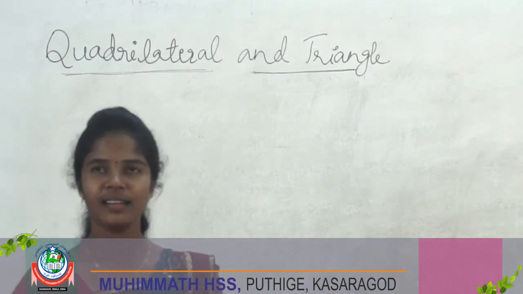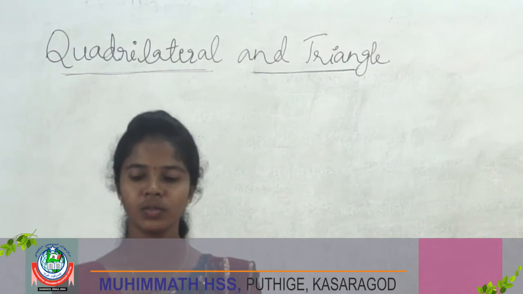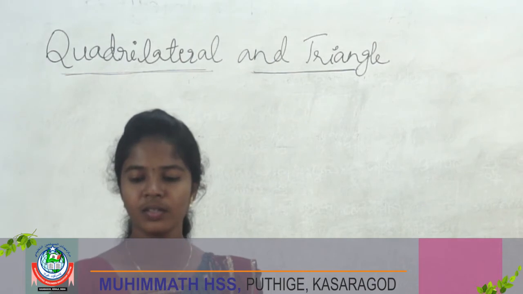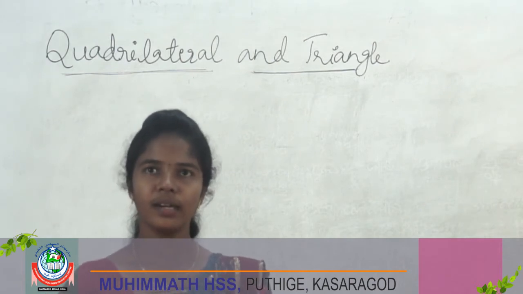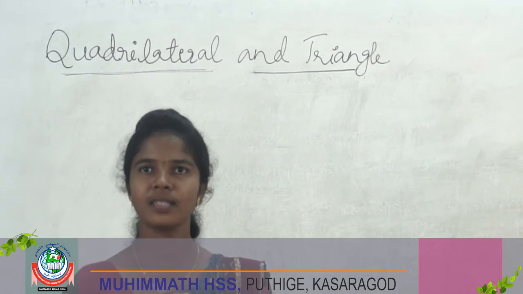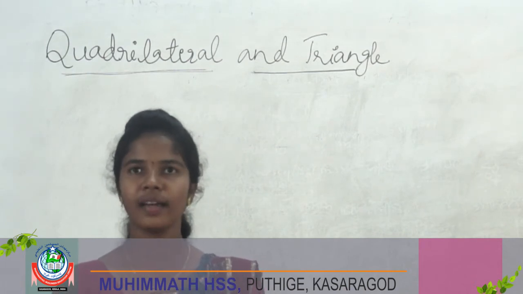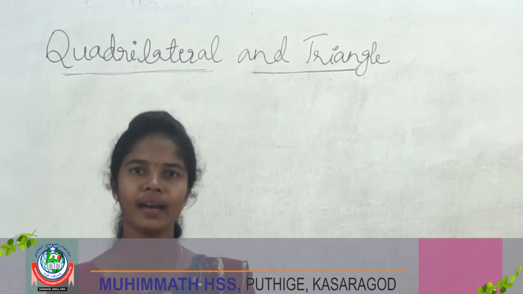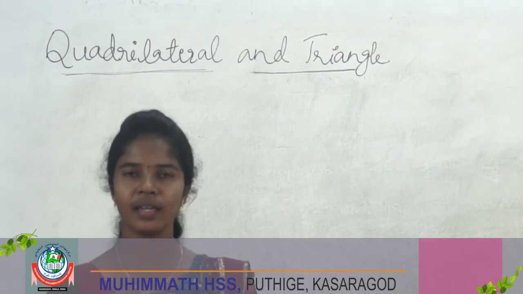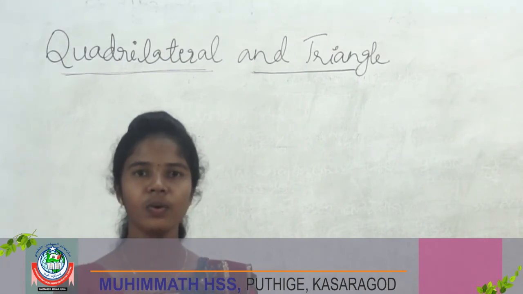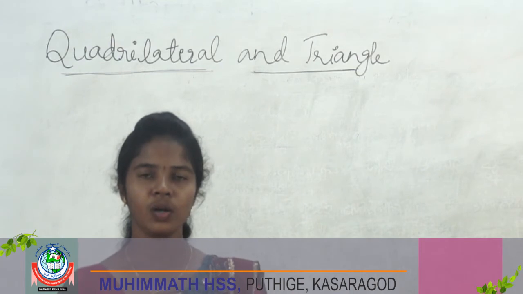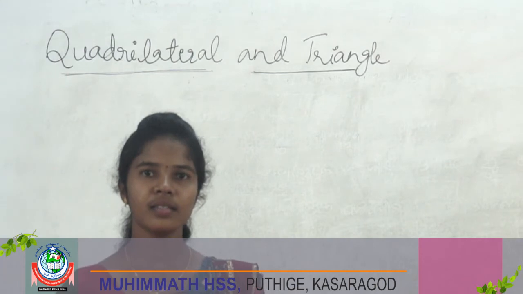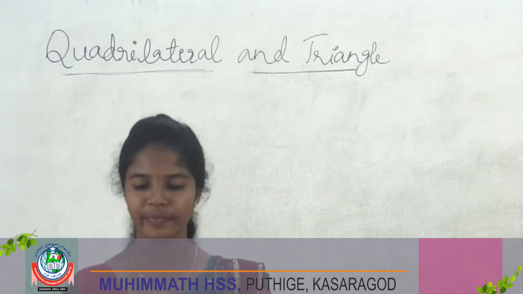Hello students, in the last class we learned how to draw the areas of different triangles, and we also learned a principle. What is that principle? Yes, all triangles with the same base and the third vertex on a line parallel to the base have the same area. That means if we draw a number of triangles in between two parallel lines with the same base, the triangles have the same area.